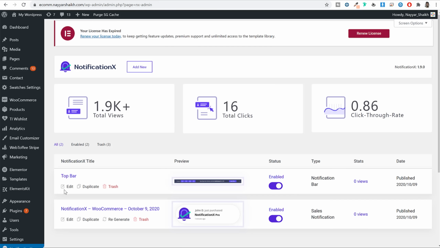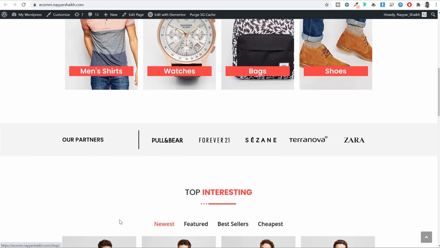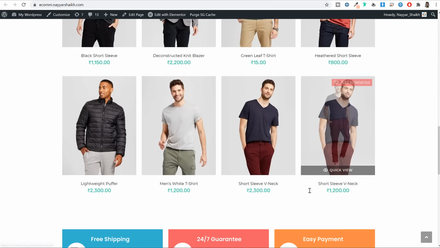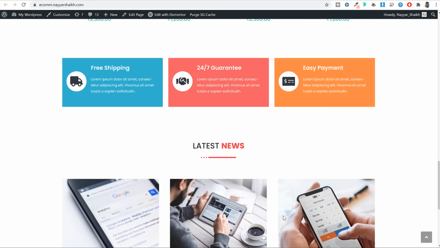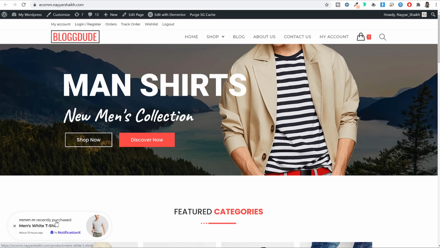Okay. Now if I change that thing, you can again go back, you can create this thing and later on come back, you can edit this thing and you can do some changes as well if you want. And this thing will keep on displaying at bottom left. That sales notification. You can also control that thing as well. So here as you can see, sales notification is displaying. Now this is not displaying any random thing. This is displaying actual orders.